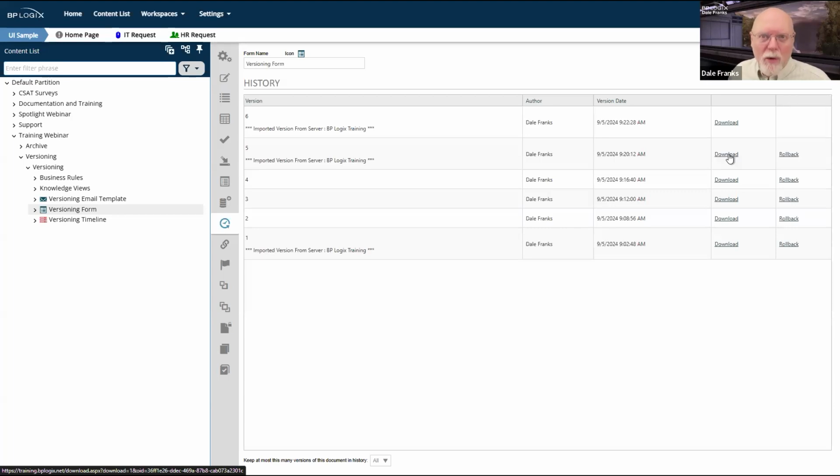We're now stuck with doing everything in HTML, which is easier in some senses, but we did lose one thing, which is the ability to download in a readable, editable format the original Word document that was used to create the form. So if you're still on version 4 dot whatever of Process Director, and you still have Word forms, how you're making that work, I have no earthly idea. Then when you hit download, you're actually pulling down the Word form.